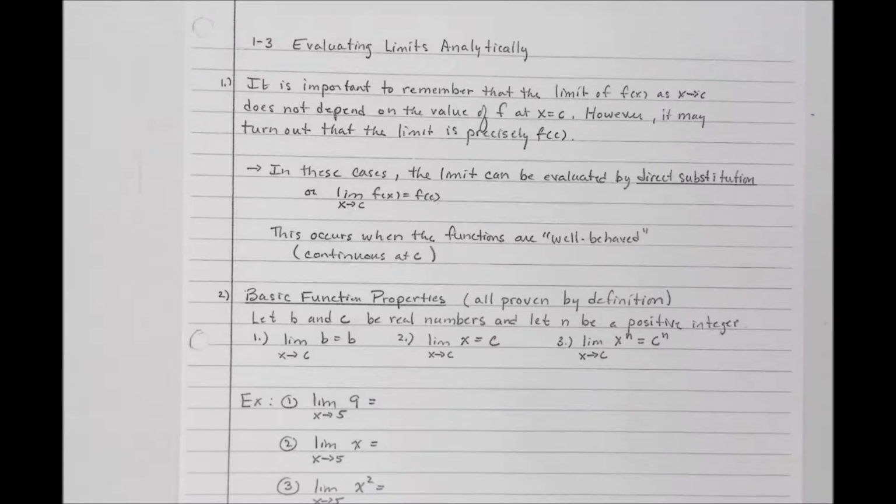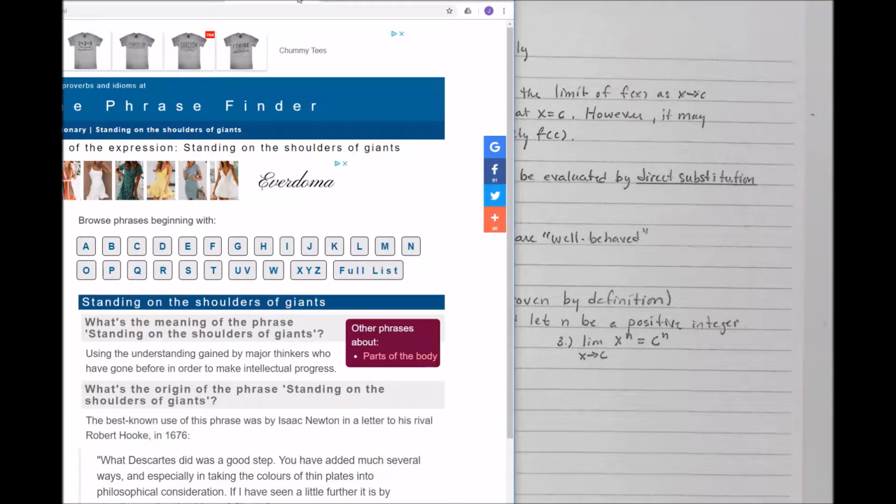So Newton, who is one of the guys that is probably more, maybe even more than Leibniz, was quoted as saying to one of his rivals back in the 1600s, Robert Hooke,